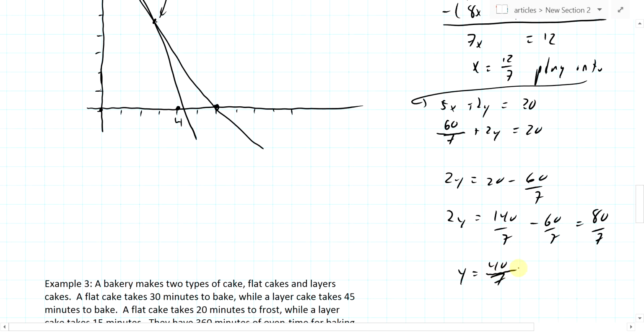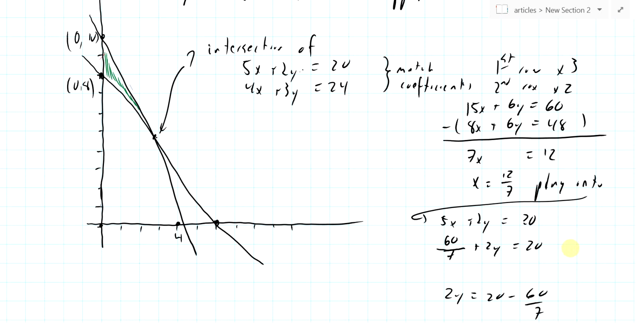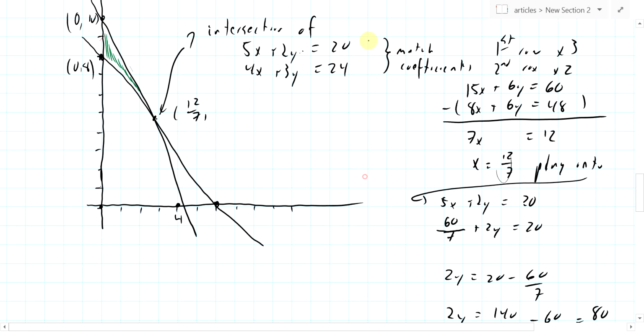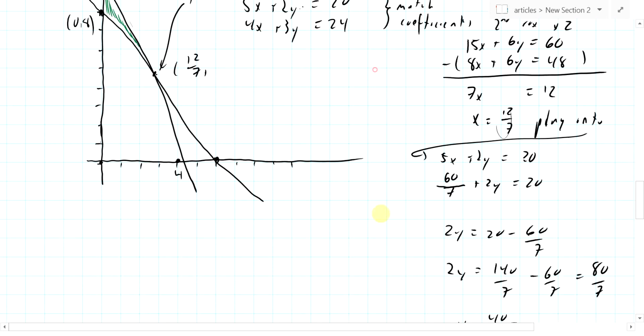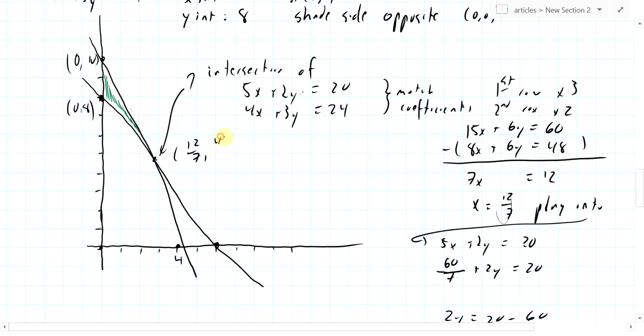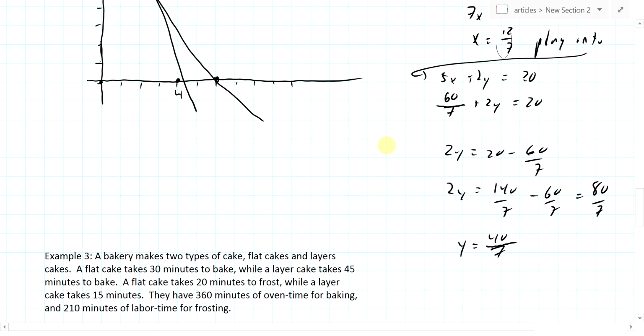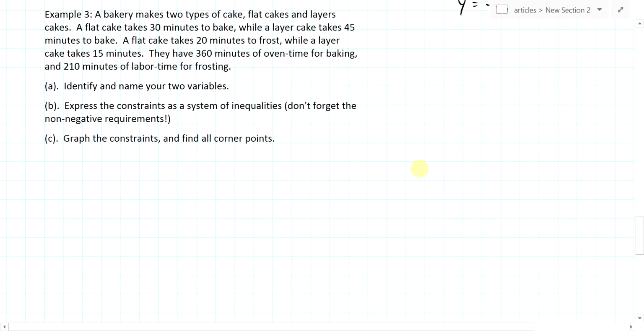Okay. So what is this point then? This point has x coordinate 12 over 7 and y coordinate 40 over 7, which is a little bit bigger than 6. So there's my region. Right? It's on the correct side of both of my two lines, and I found all 3 corner points. Excellent. So, having done that, we can move into a word problem,